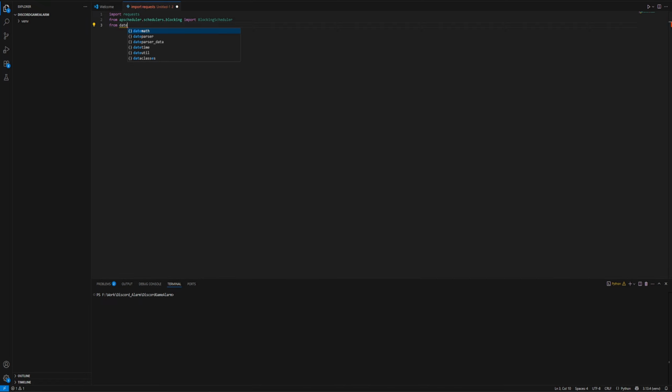From datetime import datetime. Import pytz to set the correct time zone. Now let's create a variable WEBHOOK_URL and paste the URL here. Then create a time zone object, timezone equal to pytz.timezone